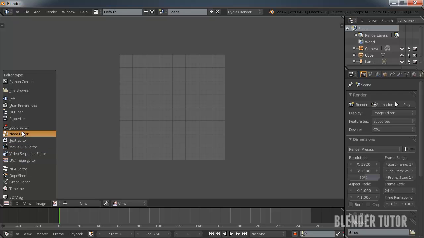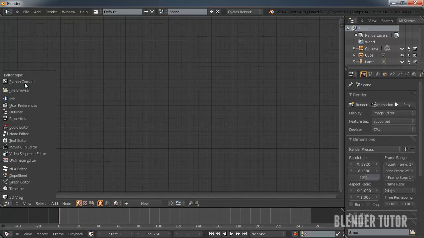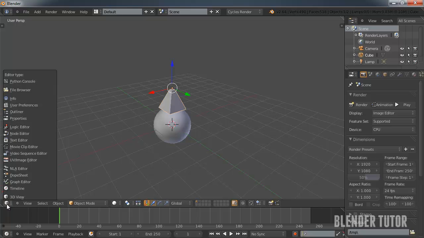I can switch it over to my node editor if I want to set up some materials or start compositing. You can change it to any of them, but you won't necessarily always need one that's going to fill up the entire screen. But just keep in mind that's there as well.